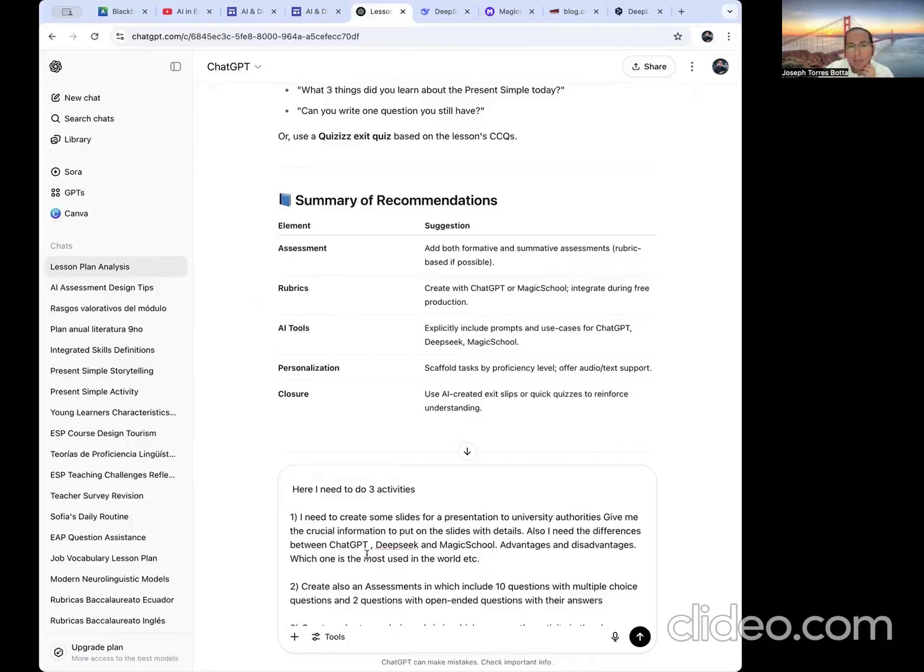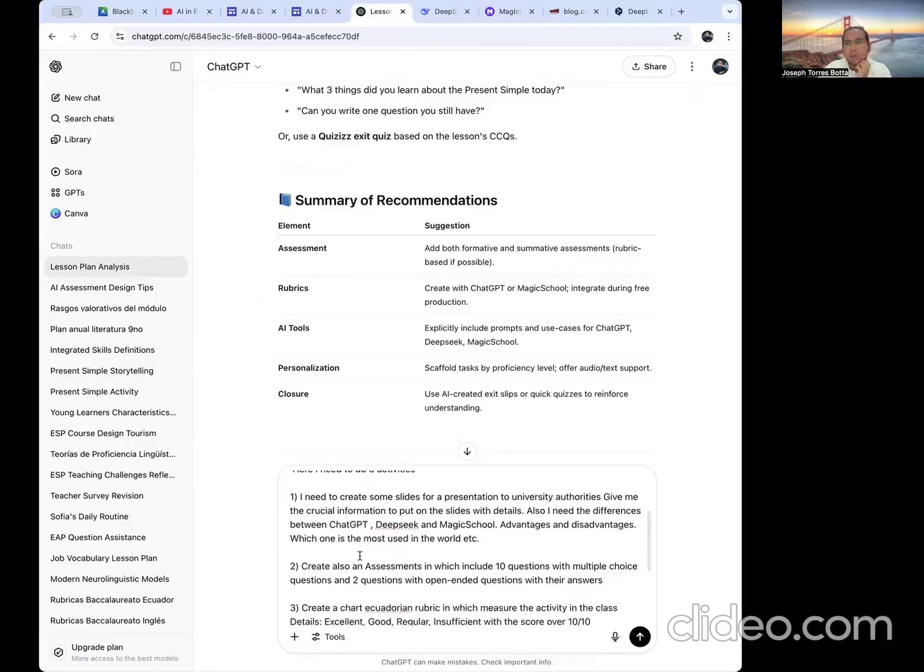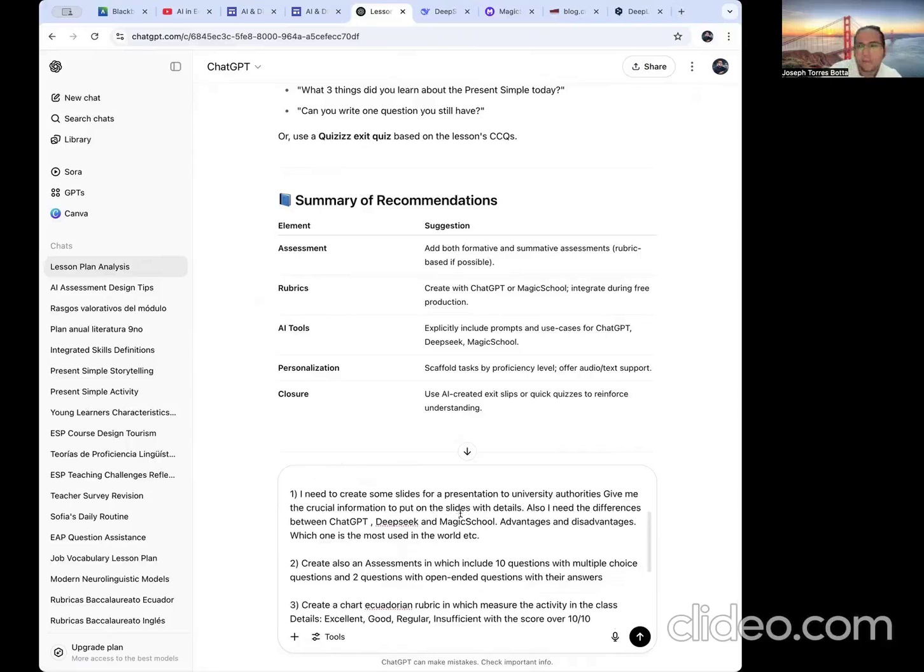So in this case, I ask ChatGPT to give me some brief, crucial information, for example, to put all the information in the slides. For example, the first activity that I wrote in this small section is: I need to create some slides for a presentation to university authorities. Give me the crucial information, the advantages, the disadvantages, the information that is really crucial, and the things that need to catch their attention. That is